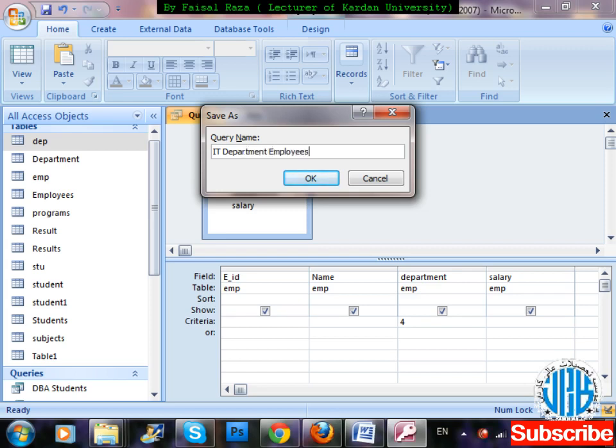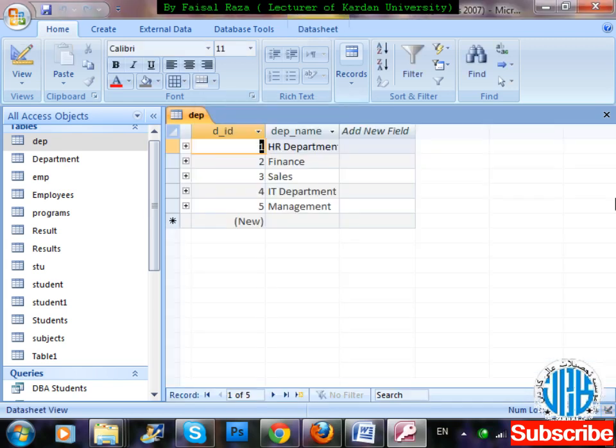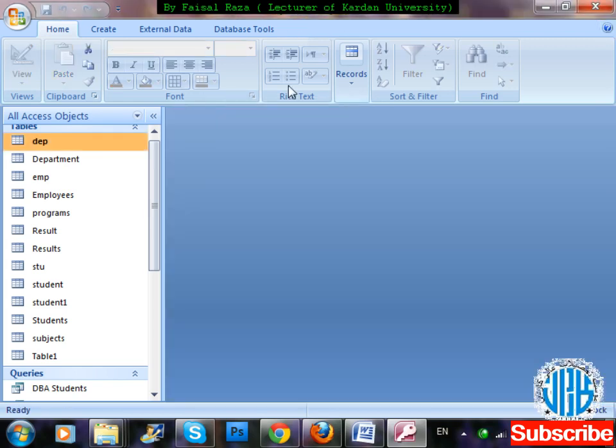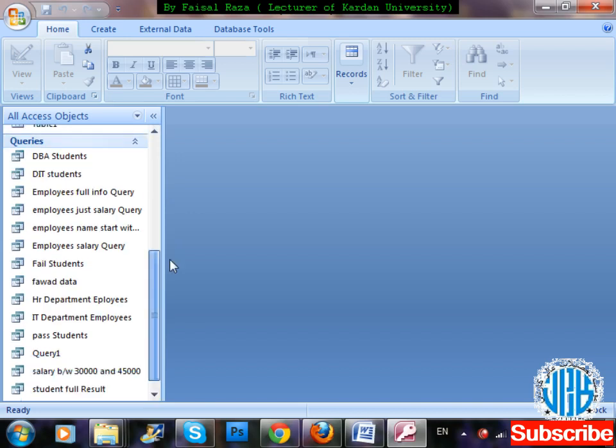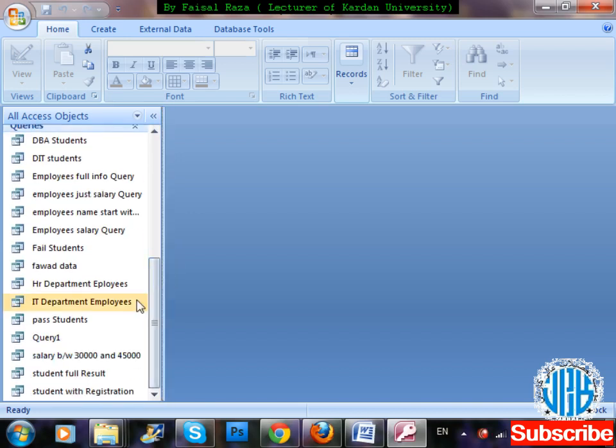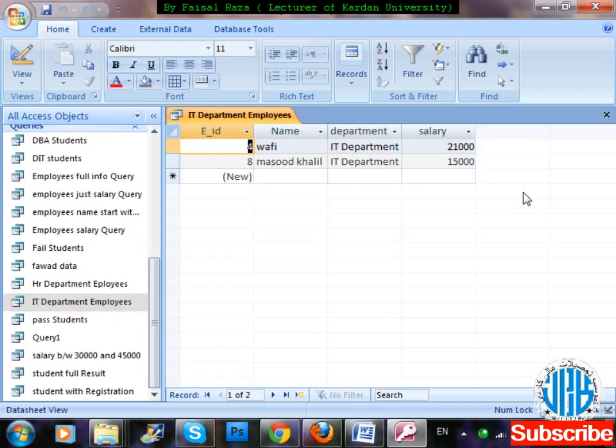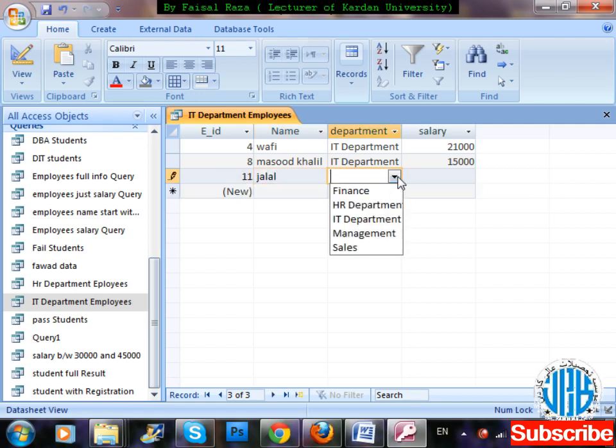IT department employees. Okay, done. Control W here. Check it out in a query. IT department employees. Only one person was added. Finance. Salary is